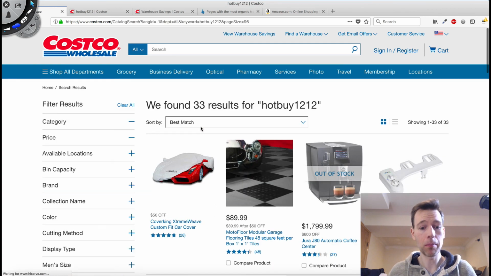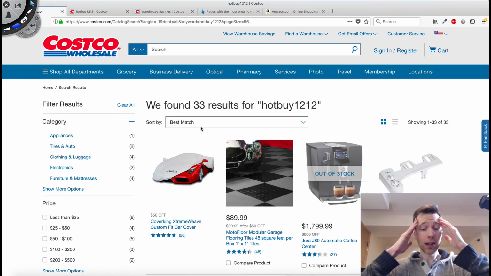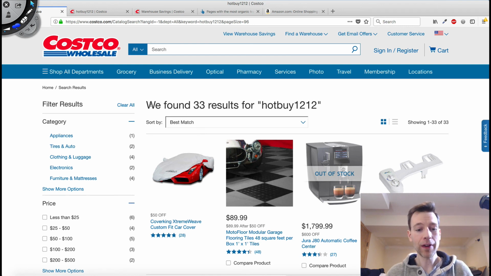Let's go look at the hot buys. Now, this is unacceptable, right? When you land on this, I clicked on the hot buys, and it says we found 33 results for hot buy 1212. You're a $1 billion company. What? Does that even make sense? And on top of that,